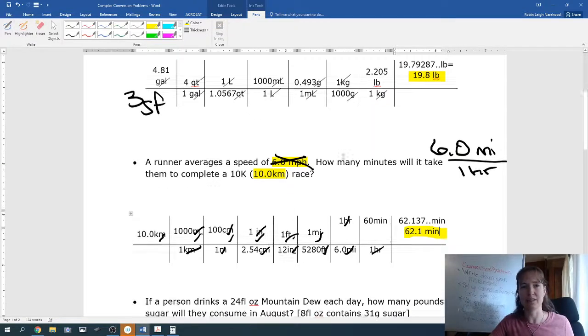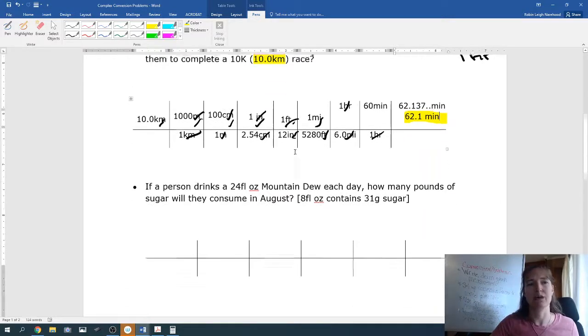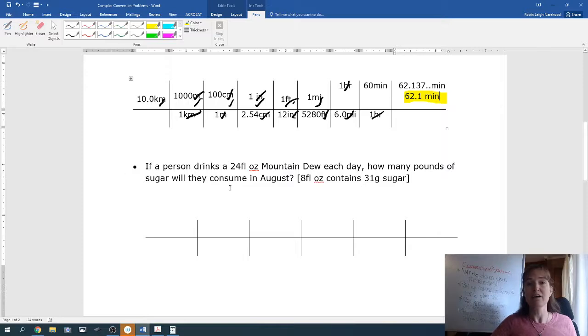And yes, that does make sense, because 6 miles an hour is pretty good pace. It's about a 10-minute mile. Okay, our next and last problem on this activity is just an example of a person and something they do